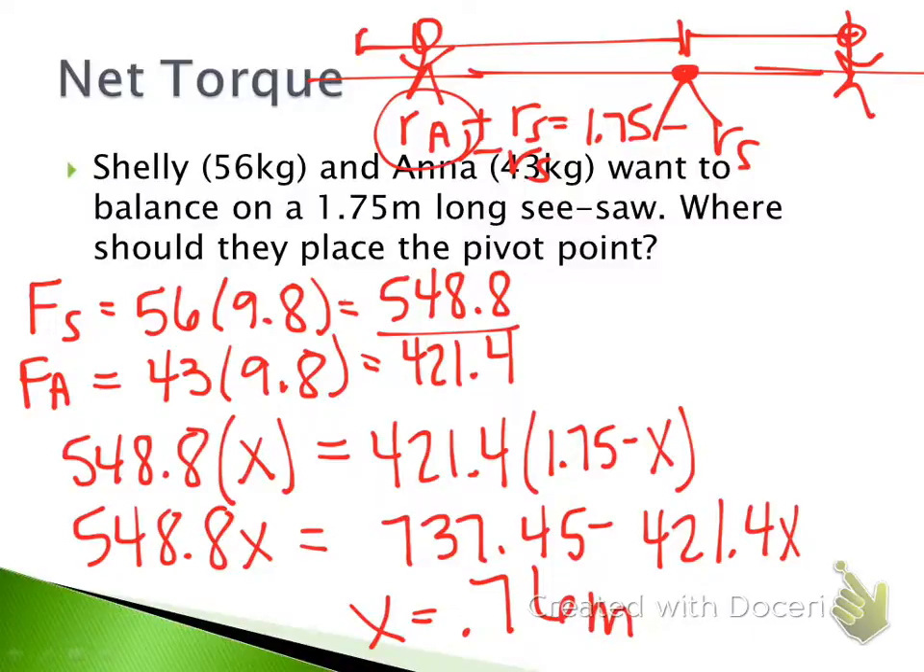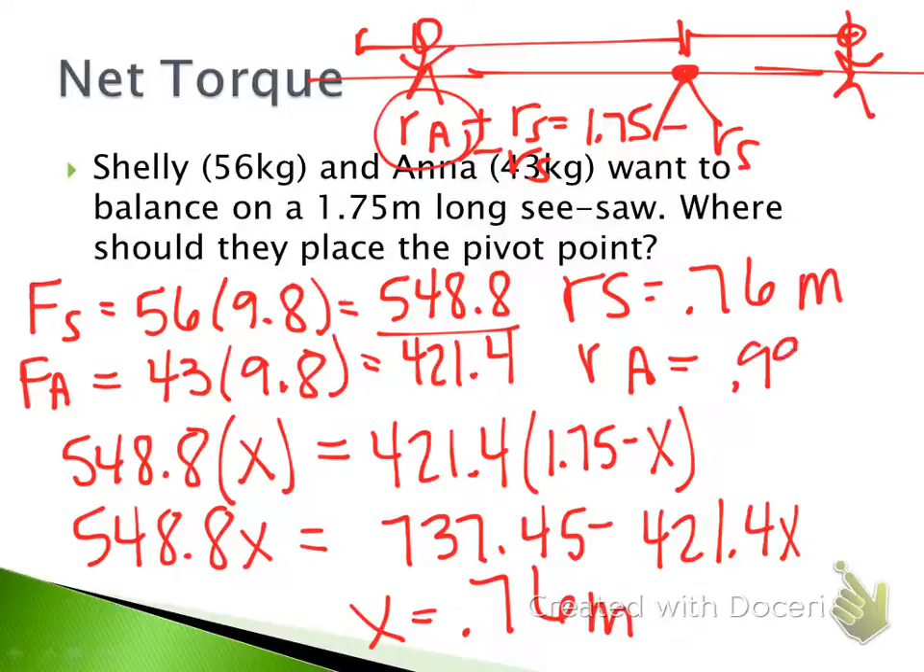So that means that Shelley was 0.76 meters away, and Anna would be about 0.99 meters away. So the pivot point's not exactly in the middle there, or they have not located themselves at equal distances. Questions here? All right. That is going to be where we stop for notes for